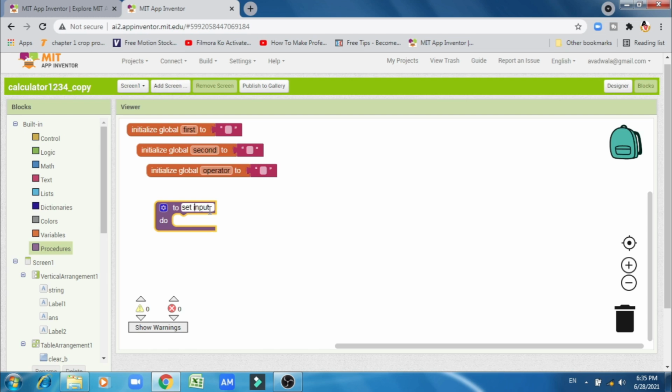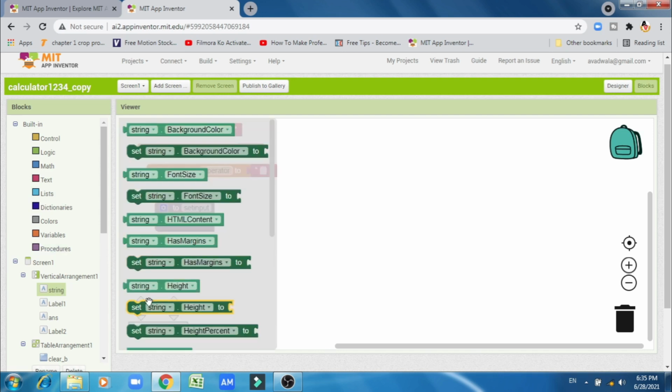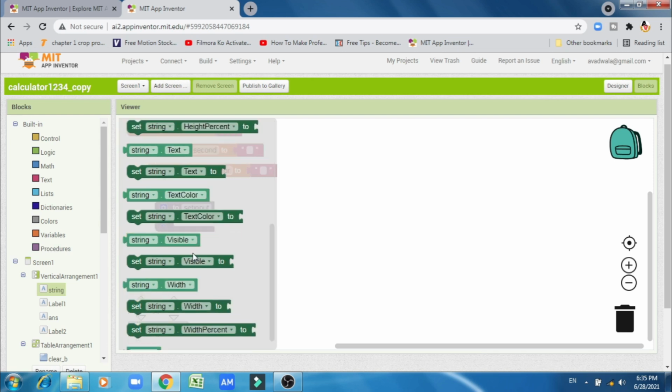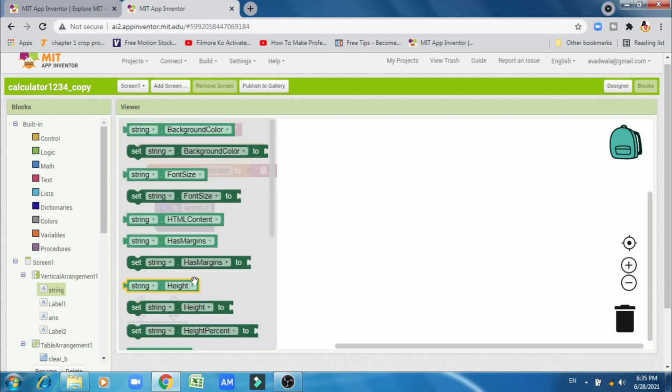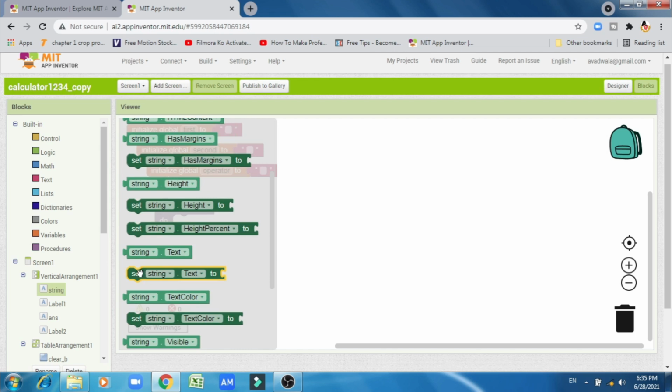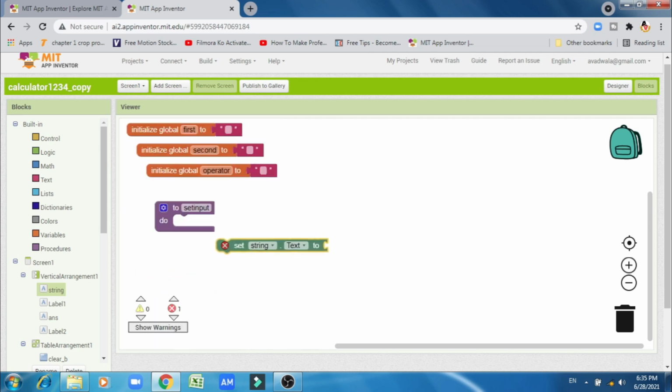So it is for the user's input, and now here we are going for strings. So here string, and we use the set string and text block.